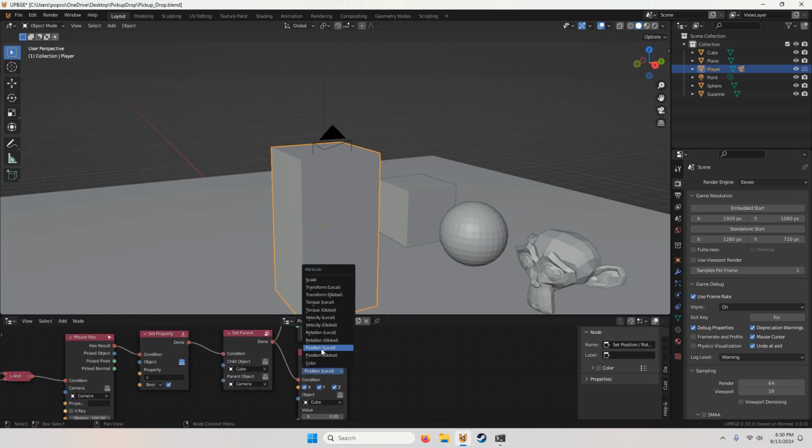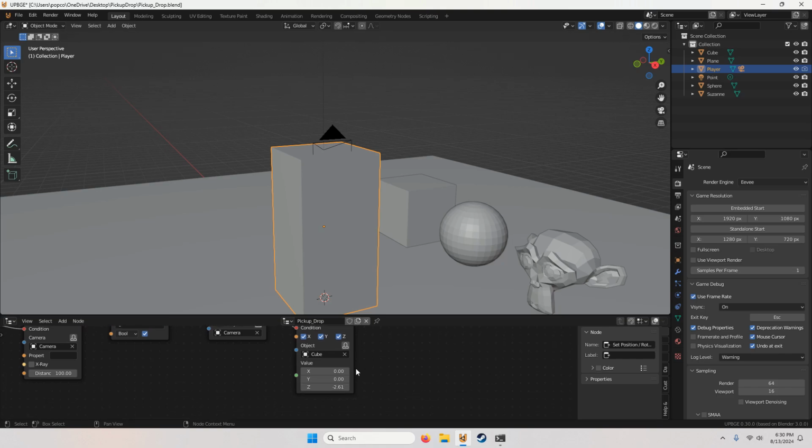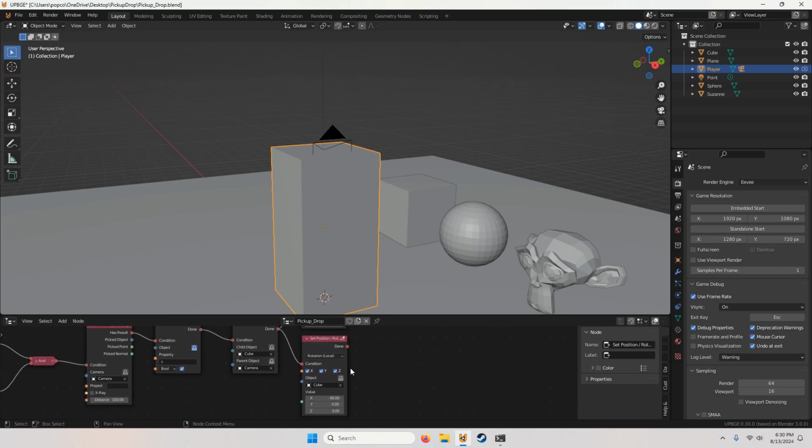And change this to rotation local. And have negative 90 for the X value.